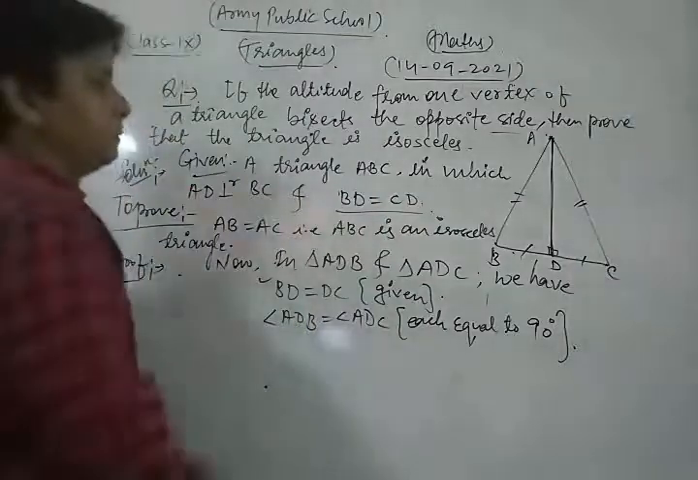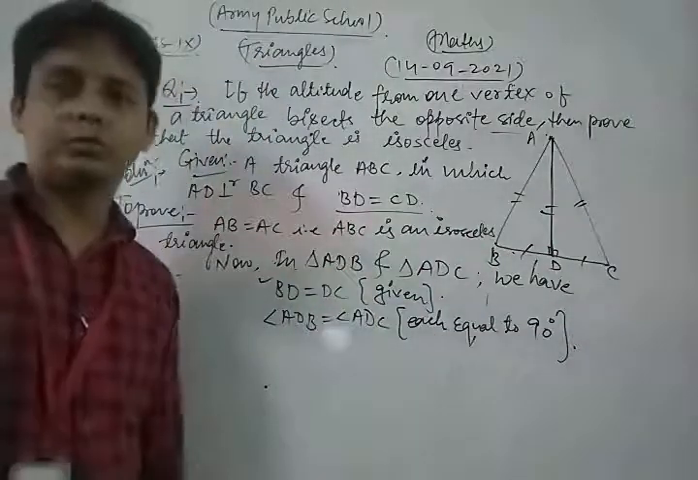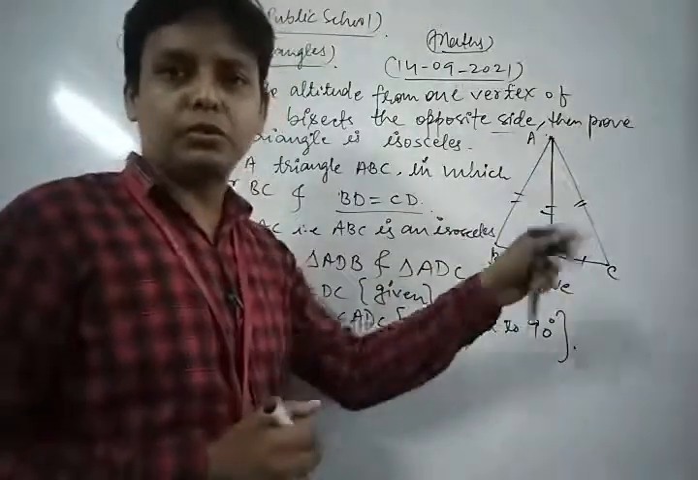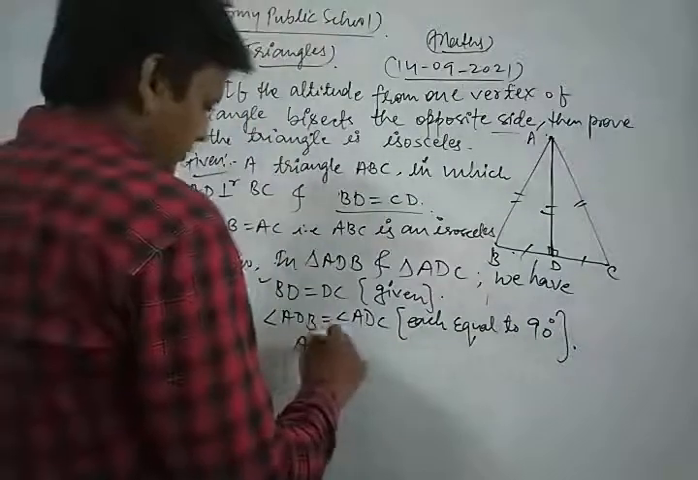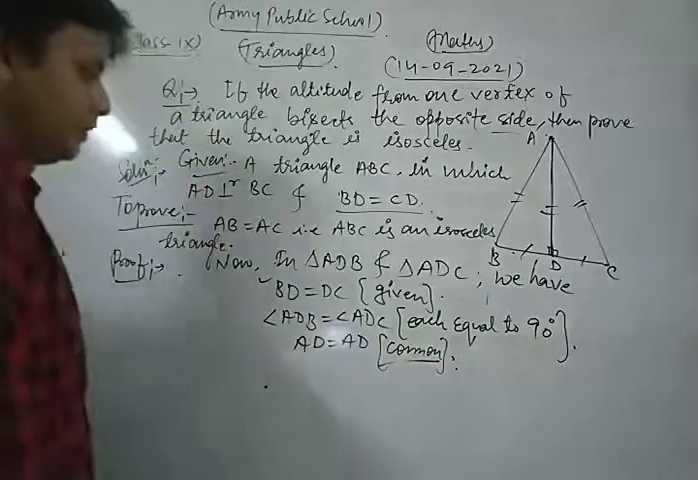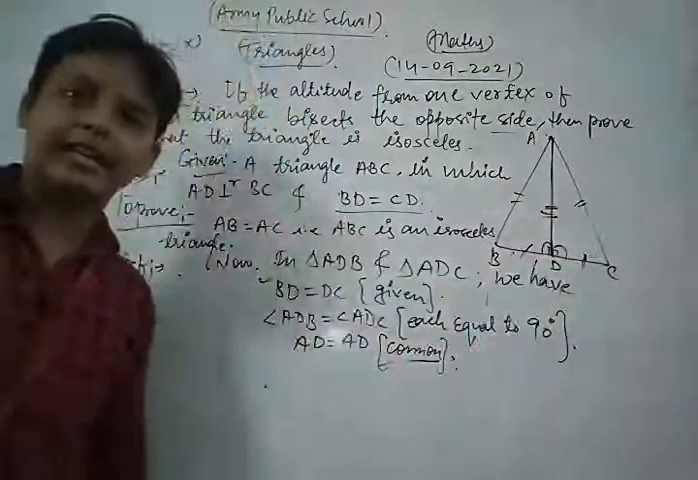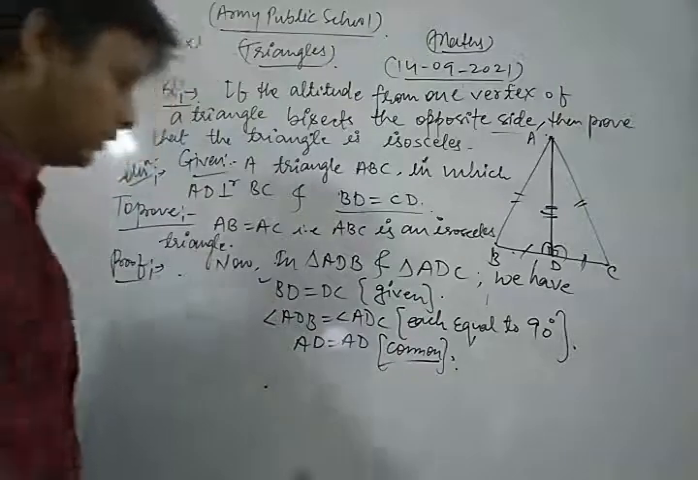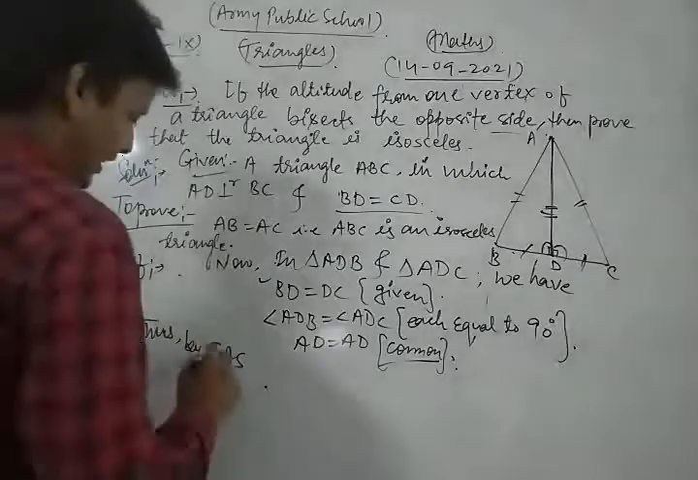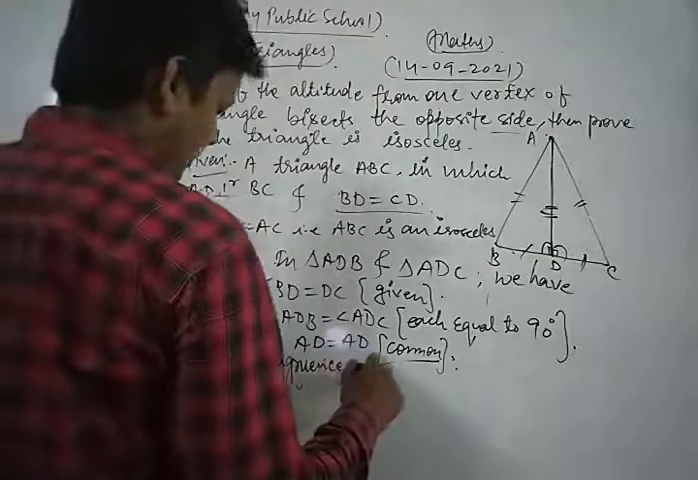And now look, AD is equal to AD. This is common in both the triangles. Because AD is common in both the triangles, thus, by SAS, that means the side angle side congruence rule,